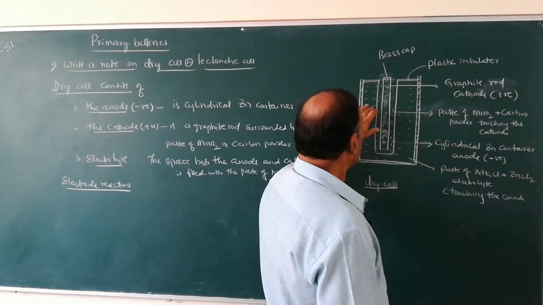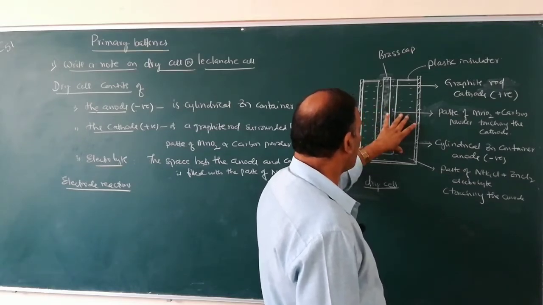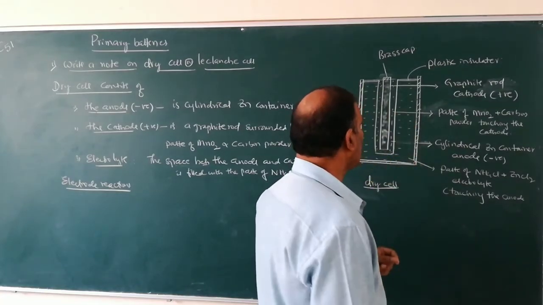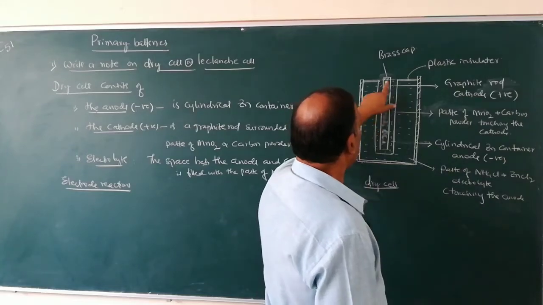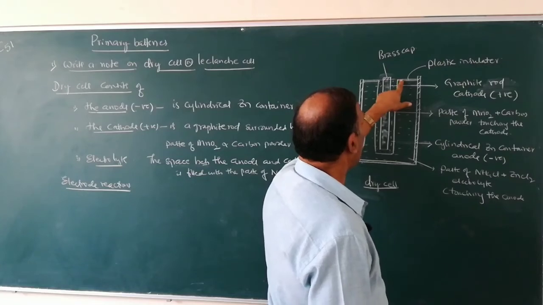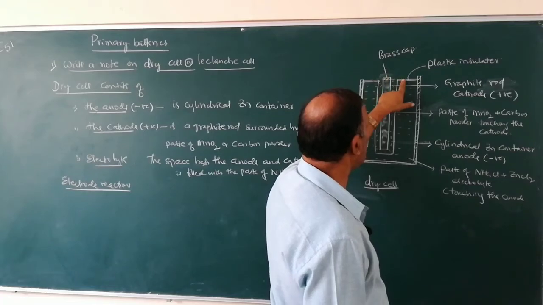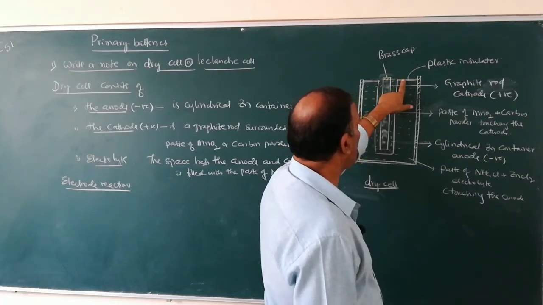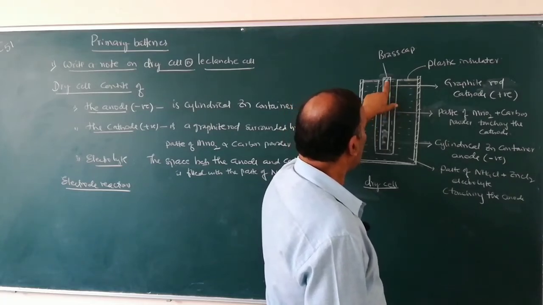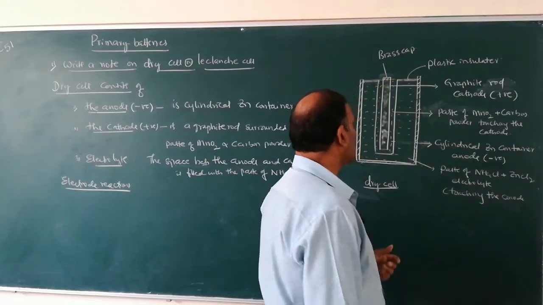Then there is electrolyte which is the paste of ammonium chloride and zinc chloride, and it is surrounded by the cylindrical zinc anode. The anode and cathode are separated by plastic insulator. They should not touch with each other. So therefore this is the plastic insulator, and above this graphite rod there is a brass cap. So this is about the